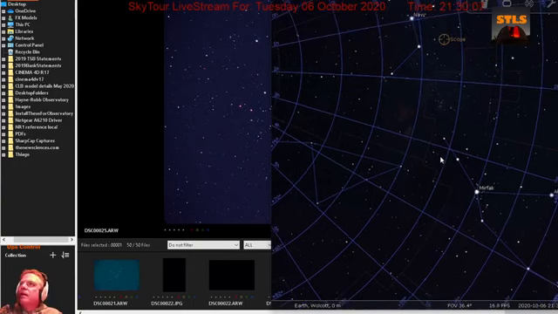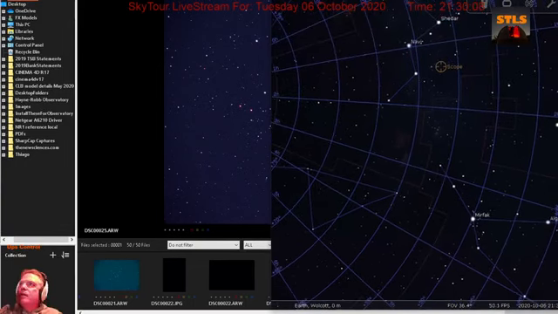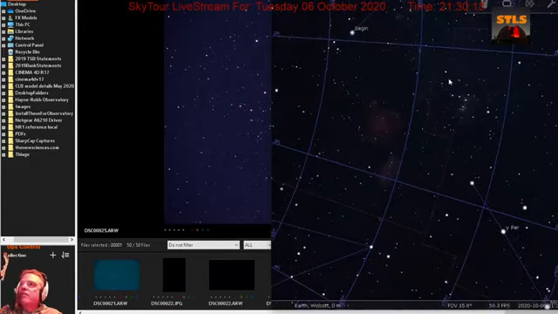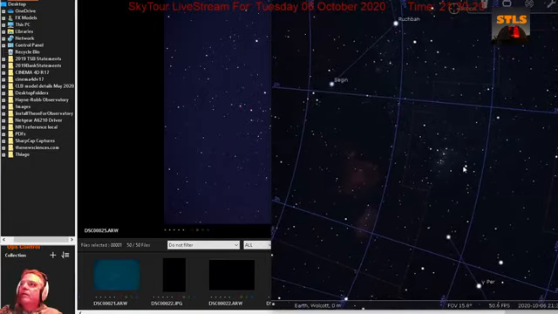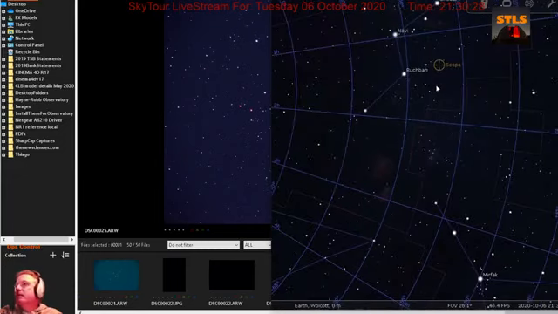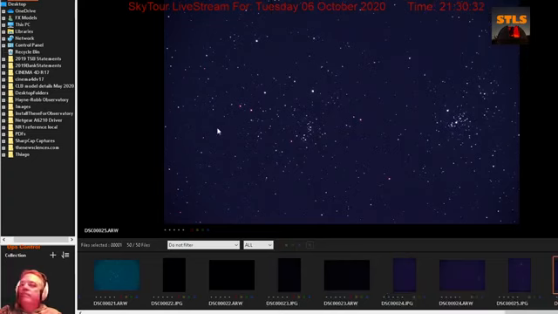You can see Cassiopeia right here, 1, 2, 3, 4, 5 stars, coming down toward Mirfak and Perseus. But as you get down here, here's the double cluster, and here's the border for Perseus right there. This is Perseus and this is Cassiopeia, so technically it's in Perseus. But what a beautiful shot.